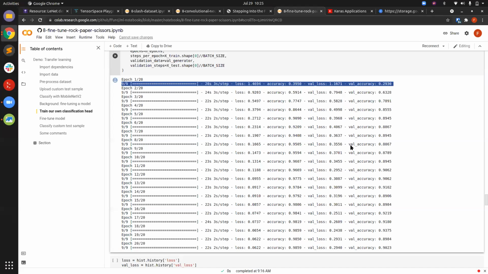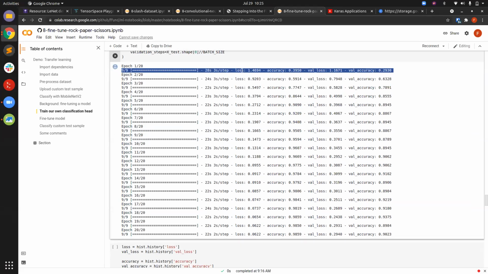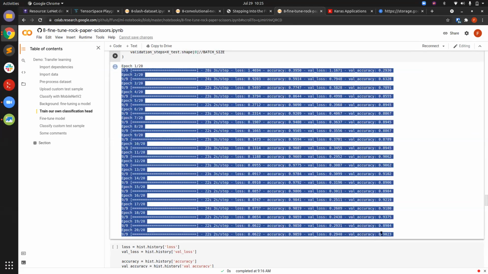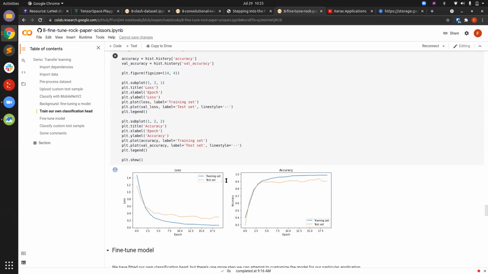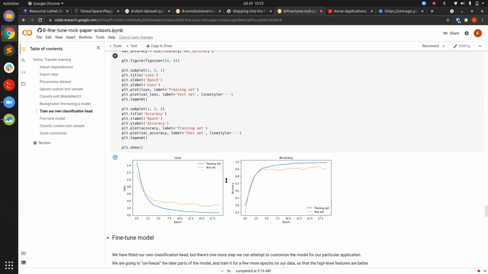But you can see that as I continue to train the model, it gets better. So after 20 epochs, it has about 90% validation accuracy on the rock, paper, scissors task. Now, this is fine. I might even continue training it longer just like that, and it might continue to do better. But we also said that sometimes if the new classification task is very different from the previous one, well,